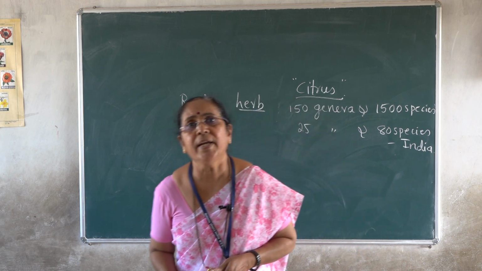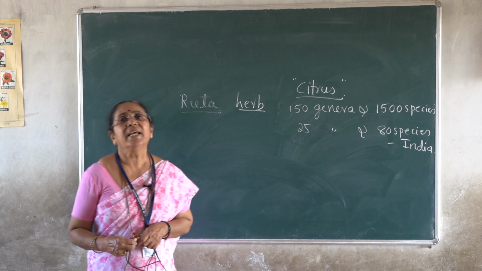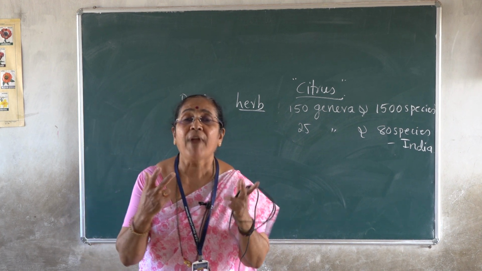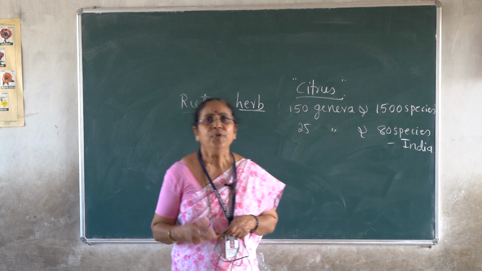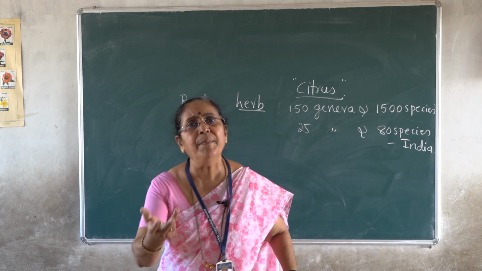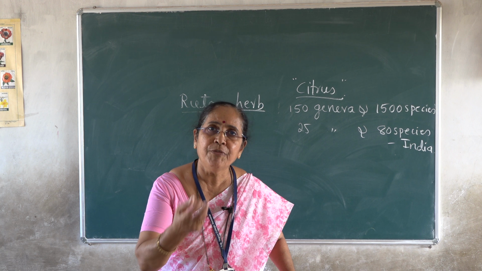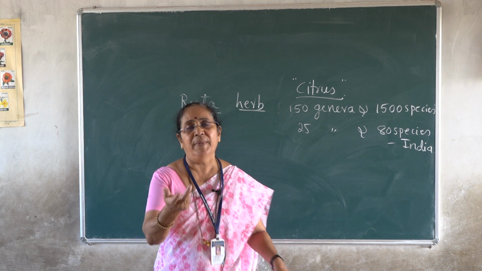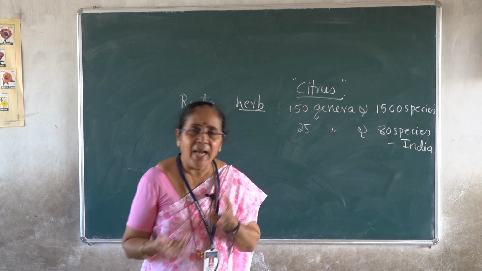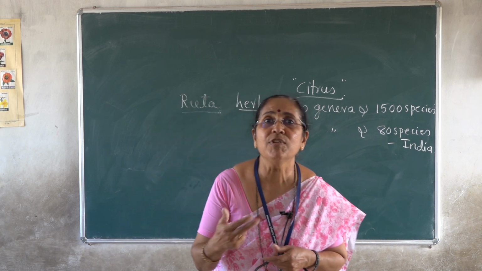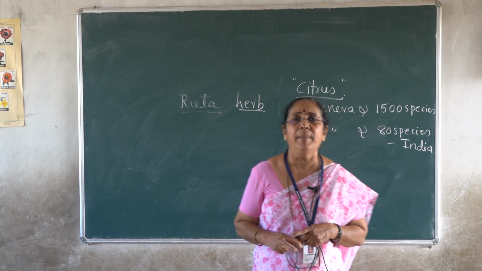A very important character of the members which belong to this family is the very fragrant nature of the plant parts, because they are highly fragrant in nature. You know, if you touch the lemon, you can perceive the smell of the lemon, or if you touch the leaf of the lemon plant or the Murraya koenigii leaves, they all have oil glands in them, so translucent oil glands are the characteristic feature of all the members which belong to family Rutaceae.